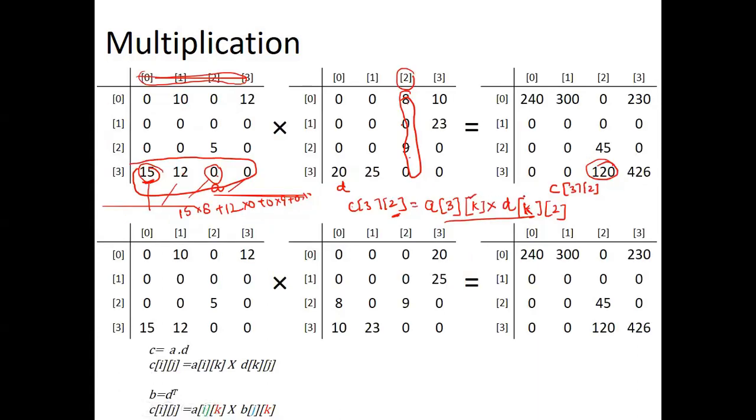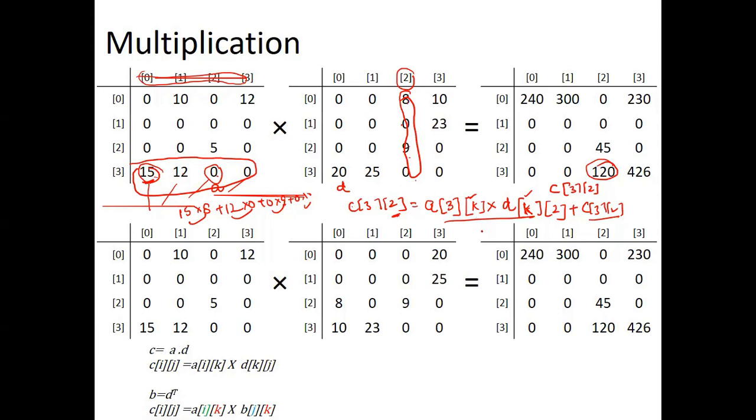Then the product is added to the previous sum, which is the earlier value of C32, because initially C32 has to be kept as 0, and then you keep adding each term to get the final answer. K traverses from 0 till 3 for both matrices. The row and column should match for the matrices to be multiplied. This is how you multiply two matrices in mathematics.